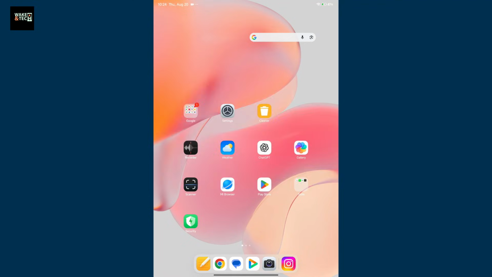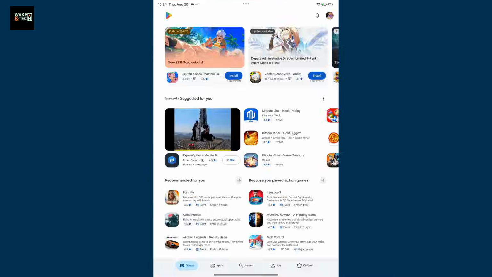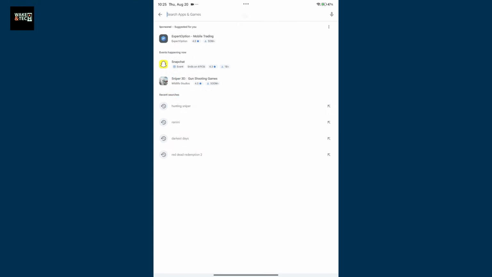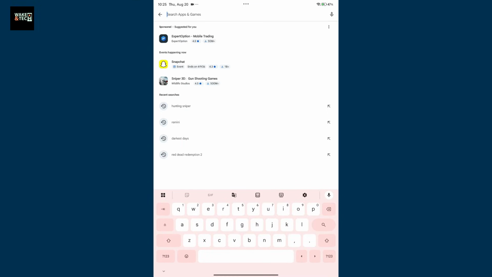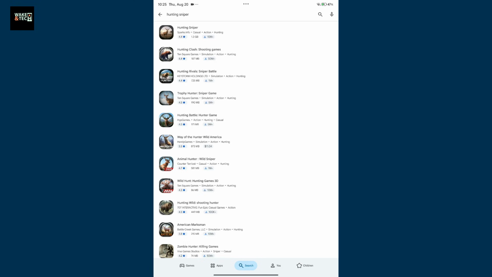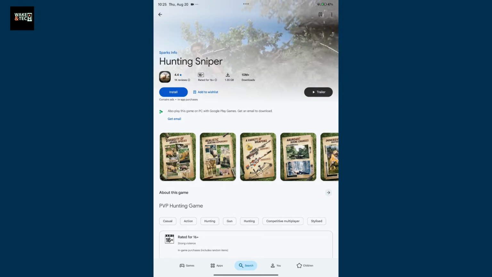If you are interested in playing Hunting Sniper on your Android phone or your tablets, then here's how you can get started. First of all, make sure that your device is connected to a stable internet and then launch open Google Play Store. In the search bar at the bottom, go to the search box and then type in Hunting Sniper. Once you find the Hunting Sniper application from the search results, go ahead and look for this application from